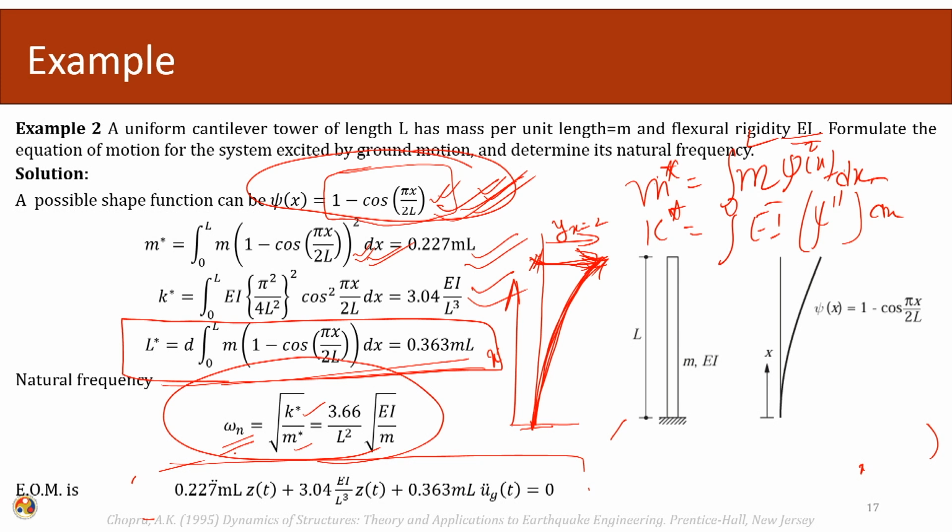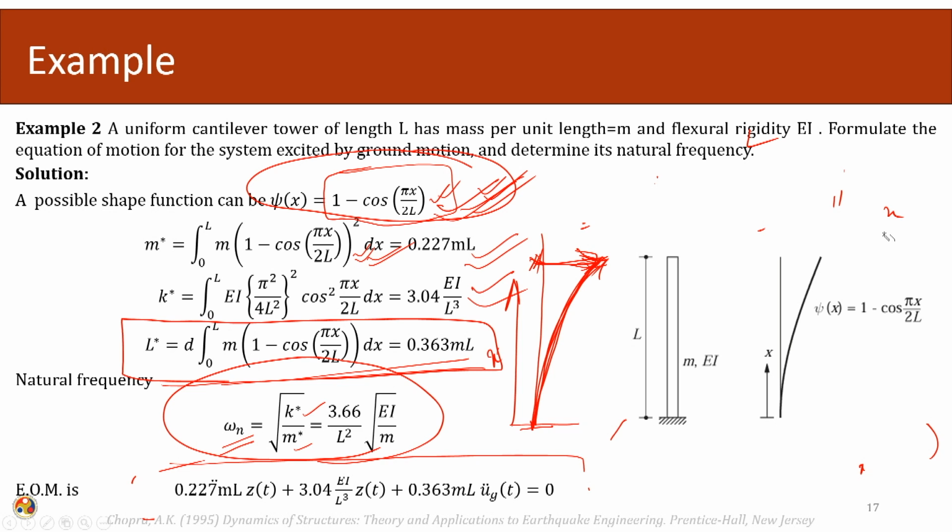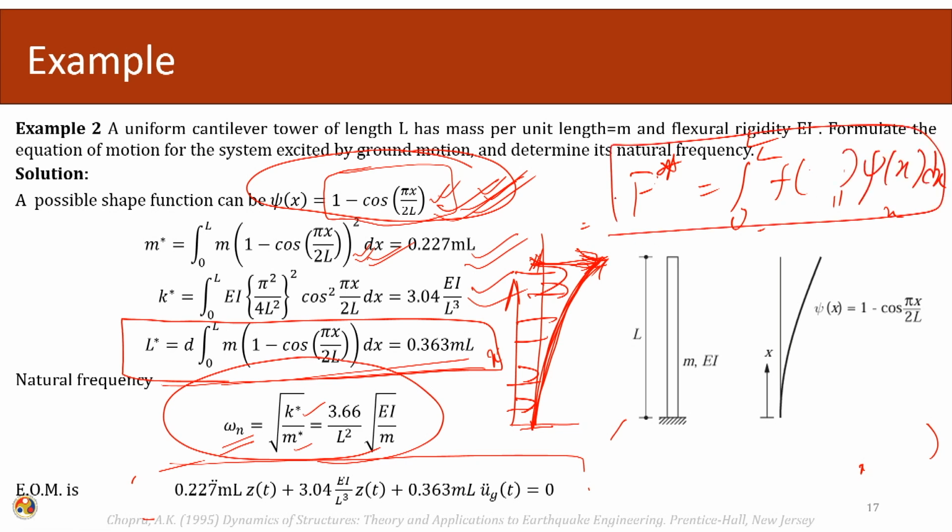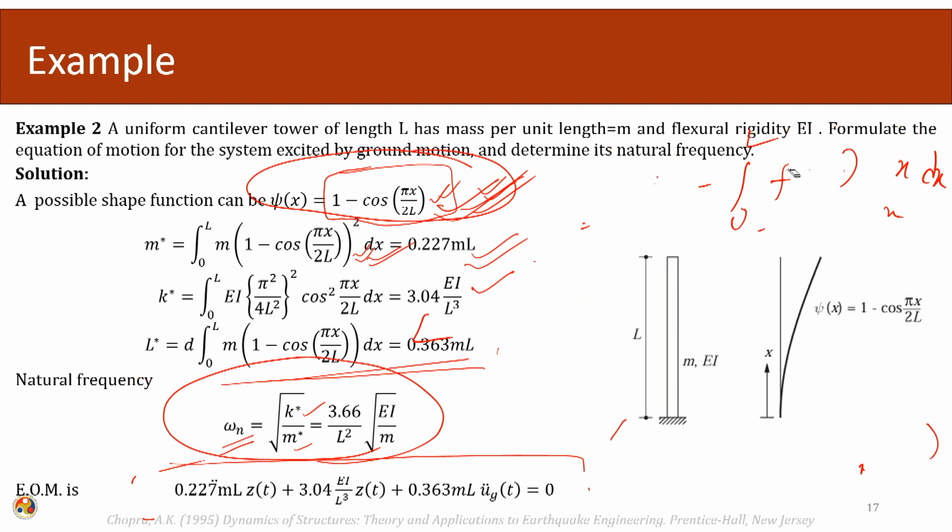Here, in this particular equation, the ground motion is the forcing function. Let us say my forcing function was something like this, applied along the length. Then my f star would have become the integral from 0 to L of the forcing function, as a function of the applied loading, times the shape function, times dx. Depending upon the forcing function and its spatial distribution, that is the distribution along the length of the structure, I can calculate my equivalent forcing function. Other points of interest here is the stiffness.